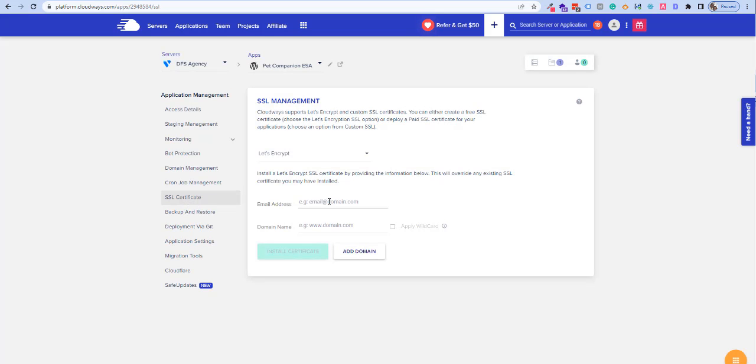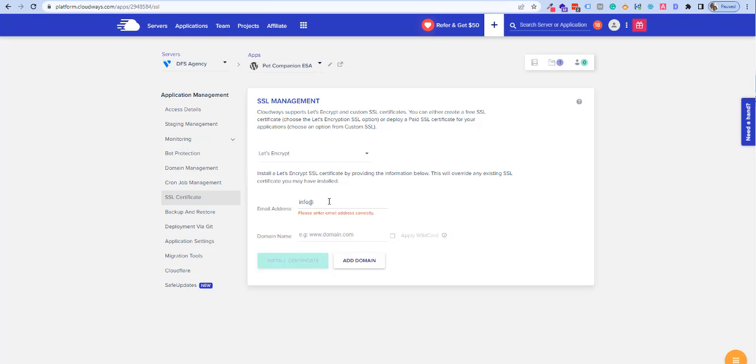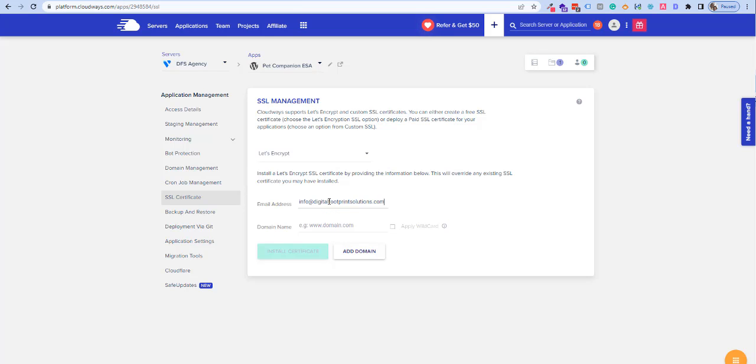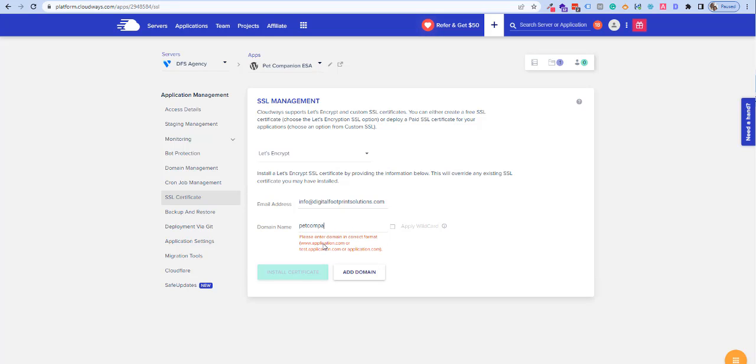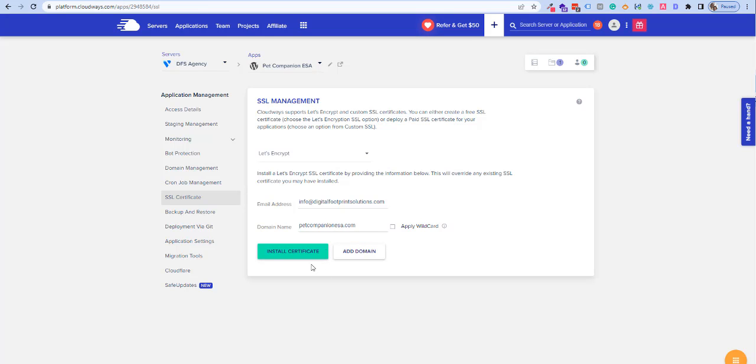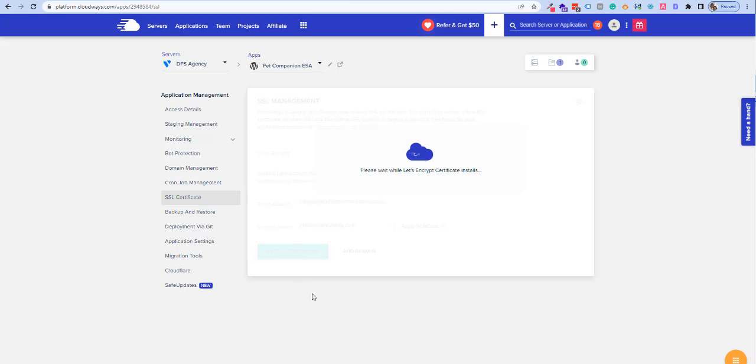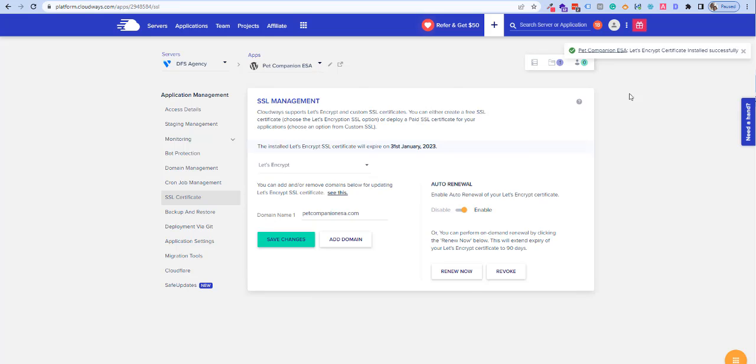Alright, so to install our SSL, we need an email address. So we're going to type my email address inside the email address field. And then once we're done with that, we're just going to go ahead and type the domain name again. Again, we're just using the root directory of the domain. No HTTPS, no www. Once we're done, click on install certificate. Again, this can take maybe a minute or two, so just give it some time. Usually you may have to do the installation 1 or 2 times if you come up with an error, but once everything is pointing to Cloudflare, then we should be good. All right, so we are done and all is good to go.